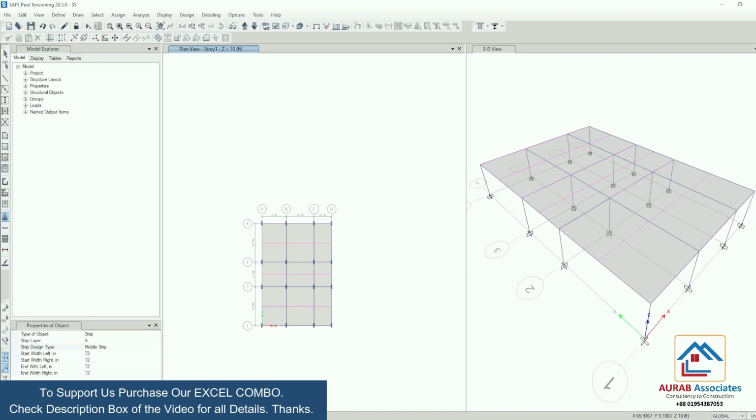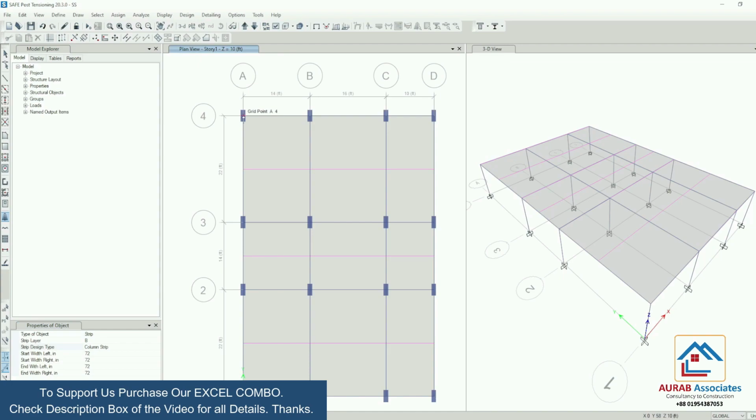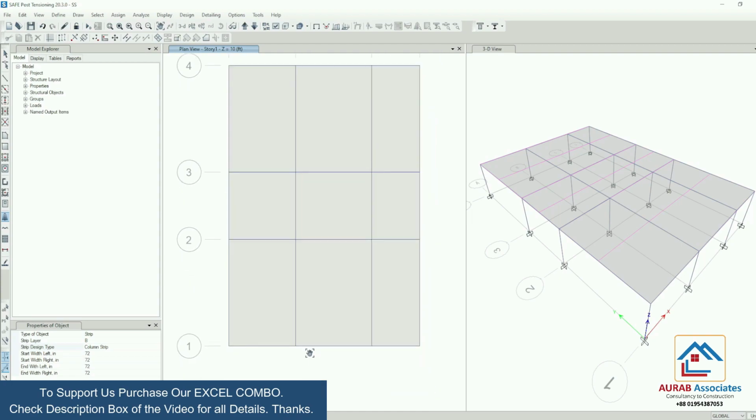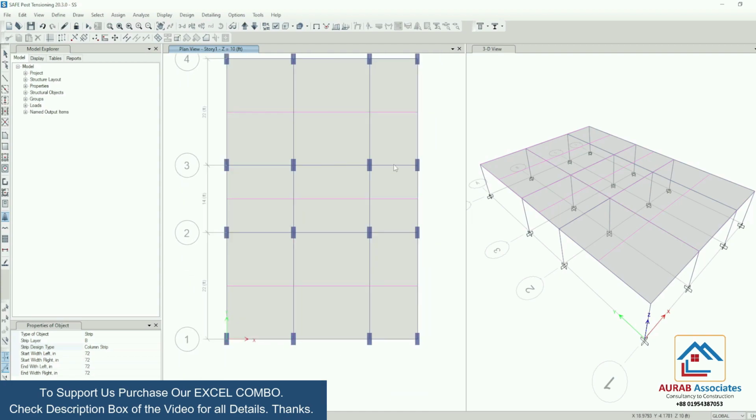Okay, similarly we will go for design strip B. At first we will go for column strip. Similarly we will define middle strip. Here you can increase the size of your strip as per your requirement.